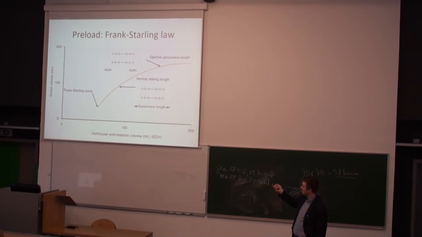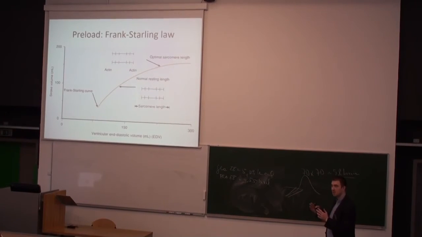Here you see that you have much better organizing of the sarcomere. And when you are somewhere here, you have too big distance, and therefore the interaction is not ideal. The thing that makes the difference between skeletal muscle and heart muscle is that skeletal muscles, at the normal organizing, should work at the ideal length. Here, the heart has the reserve.